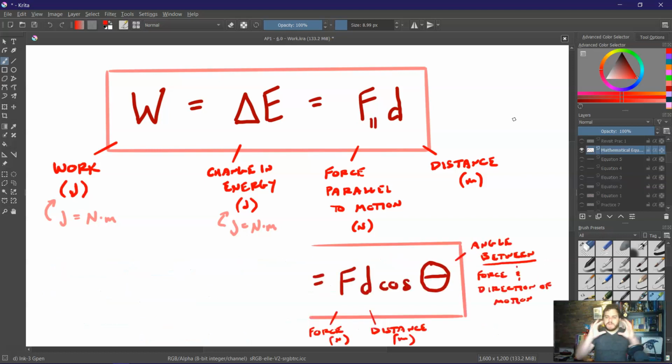Now that is a more conceptual way to think about these problems, and that's a totally acceptable way to go about it. But let's say you have a particular situation and you're really not sure you're doing it right, and maybe you want a more mathematical way to ensure that you're getting the right value. Well, there's actually another way we can write this equation, which is Fd cosine theta, where F is the entire force in newtons, not the parallel part. D is, once again, the distance in meters, and theta is the angle between the specific force we're talking about and the direction of motion of the object.